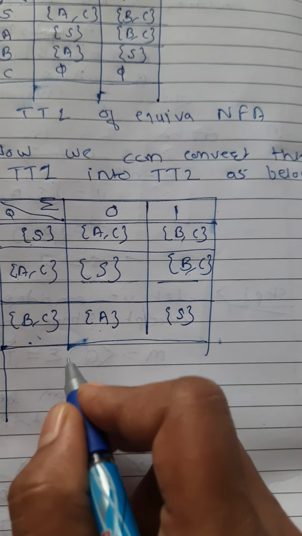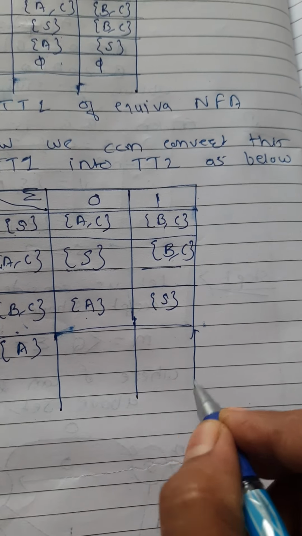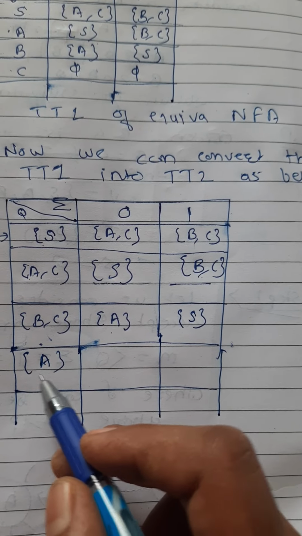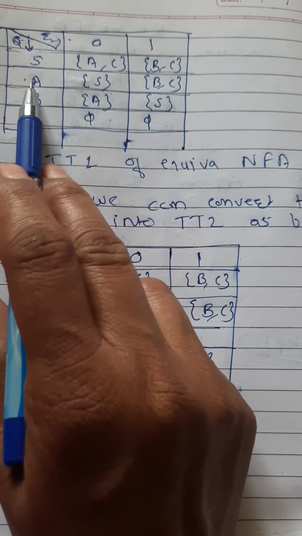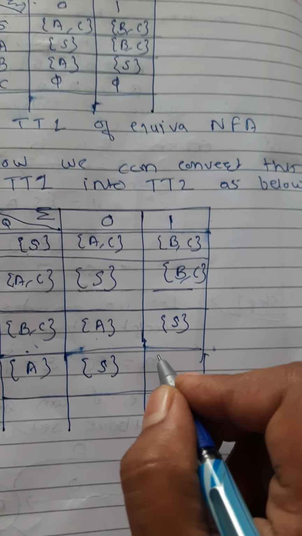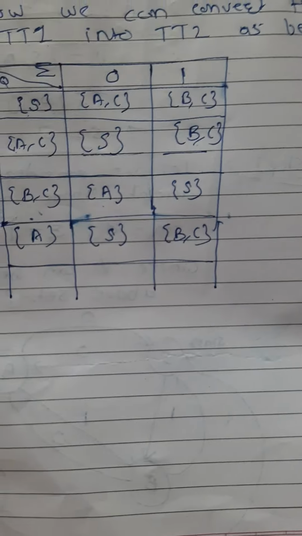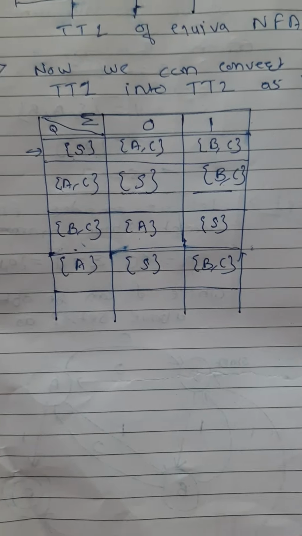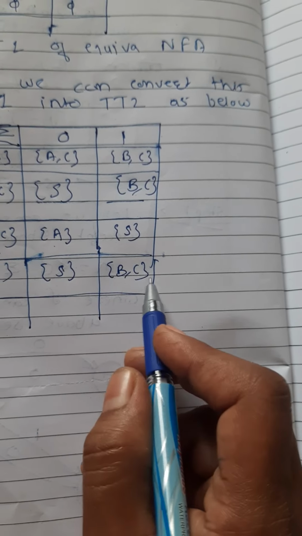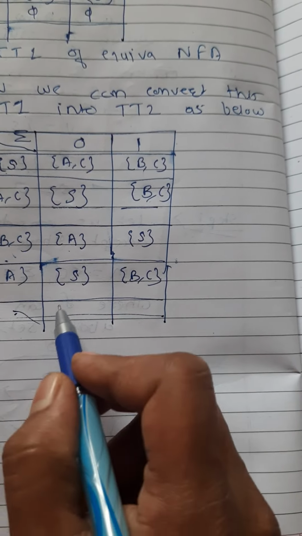So consider that one. This new subset will become the next state of the equivalent DFA. Obtain the transitions from the previous table. As there is only one member in the subset, we can copy the row of A as it is, S, and the other is B C. Now here we added these two, no more new subsets. We added the two subsets S and BC, so no more subsets are there. So this table is completed. Here is the end of the table.